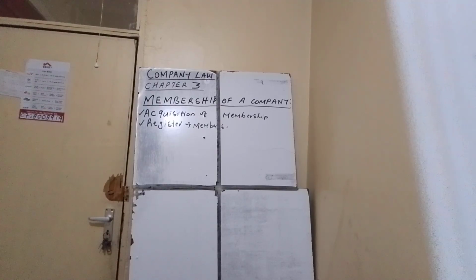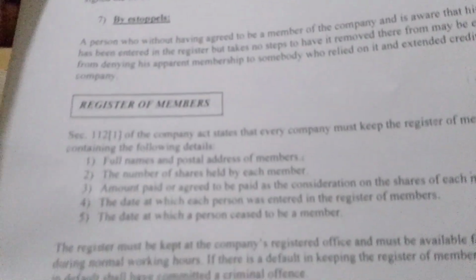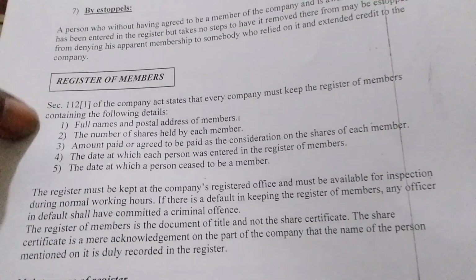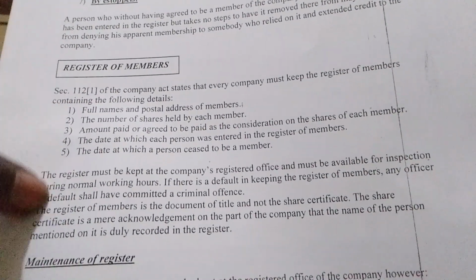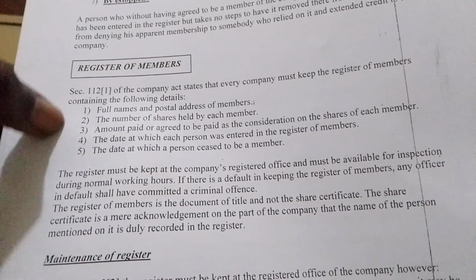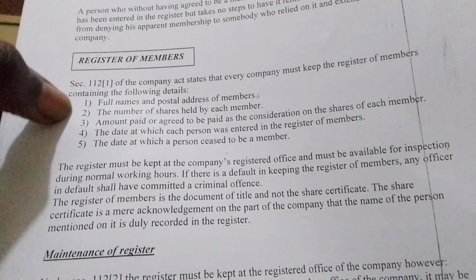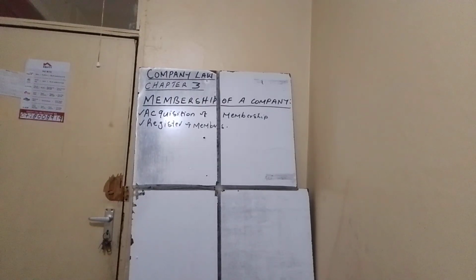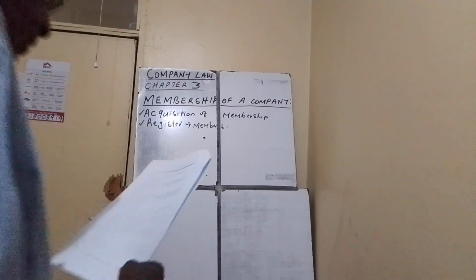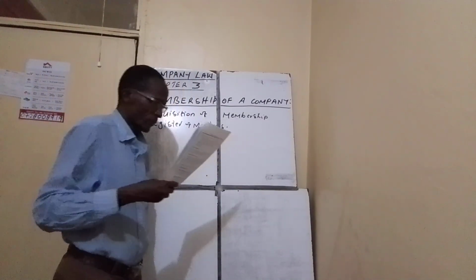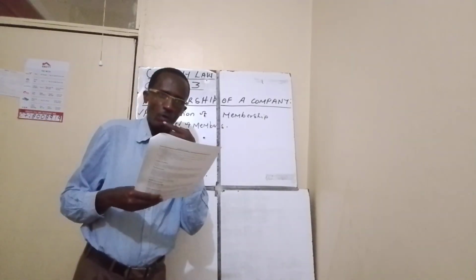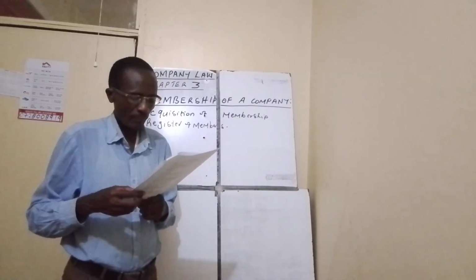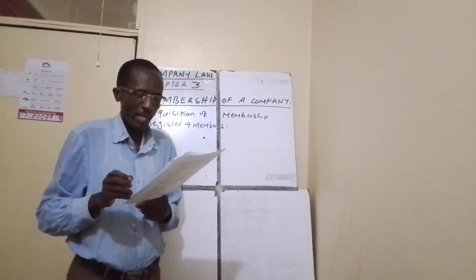Now you can first go through that. What is in our book? Register of members. You can check that. Check my notes here. Pause your video and first go through register of members, what it is, before I move very fast. Register of members, section 112, subsection 1 of the Company Act states that every company must keep